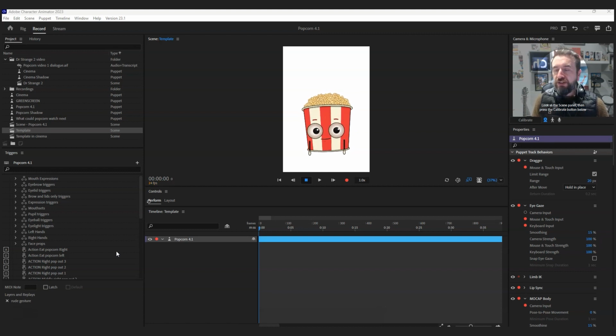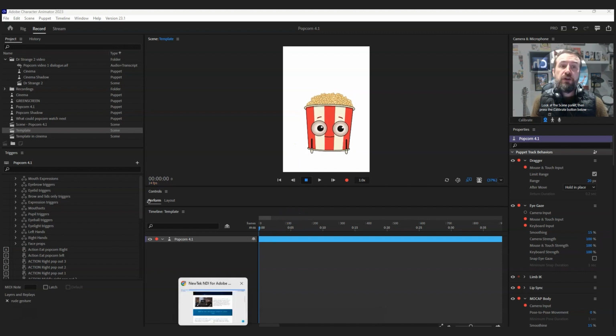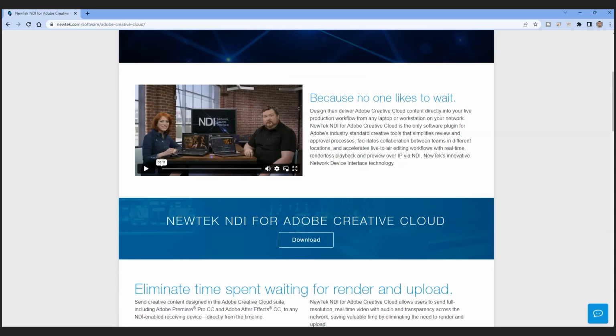Right, so there's lots of different programs you can use, but one that is particularly popular is OBS. However, before we get to that, we've got to download something so that we can stream from Adobe Character Animator into OBS. You're going to need something called an NDI. So you're going to need to download that file. This is real quick. Just look up